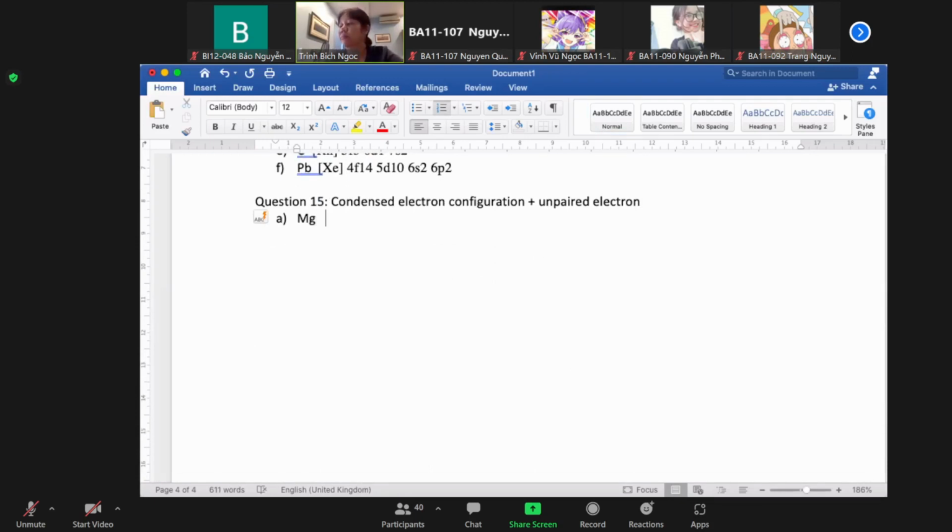Magnesium, the condensed electron configuration. Magie đấy ạ. Magie có 12 ạ. Cái này dễ rồi ạ. So the condensed electron configuration will be